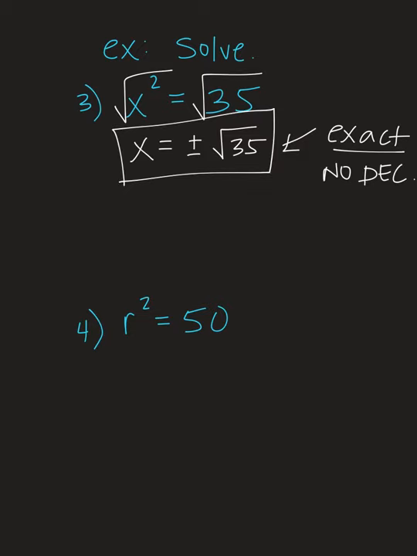Look online. All right, number 4, 50 is not a perfect square either, but it can be broken down unlike 35. So we'll get